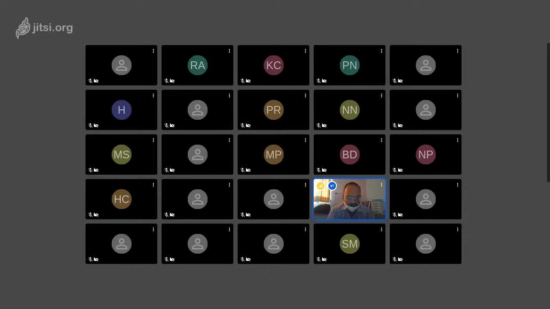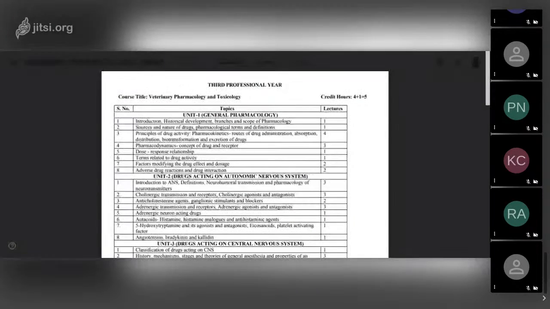So in the course outline, here you can see the introduction we have discussed, history finished, then source and nature already discussed, principles, that is kinetics, dynamics, dose response relationship. Today we have discussed the different terminology. Today we have discussed the factors modifying the drug effect and doses, drug acting on. So this first unit